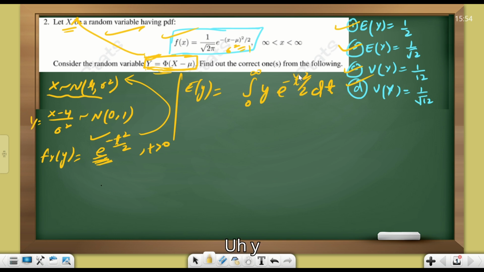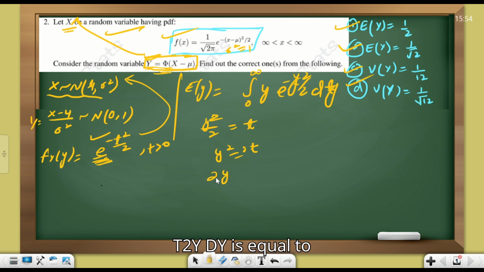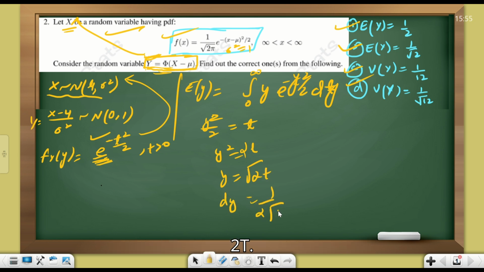y लेना है ना, तो यहाँ पे y ले लो आप, dy. तो y square upon 2 is equal to t. So y square is equal to 2t. So 2y dy is equal to, यहाँ एक कम करो, यहाँ पे y is equal to under root 2t. So dy is equal to 1 upon 2 root 2t. Now